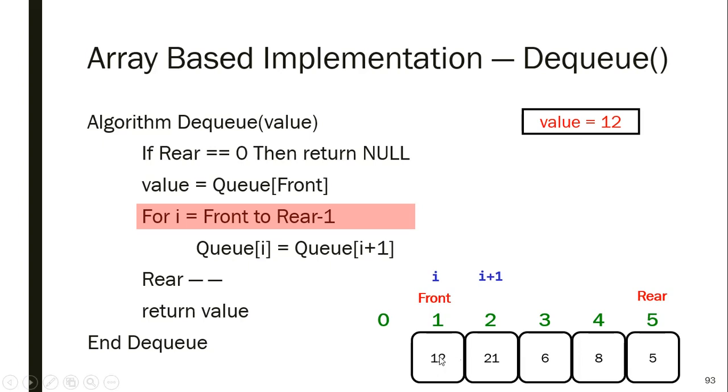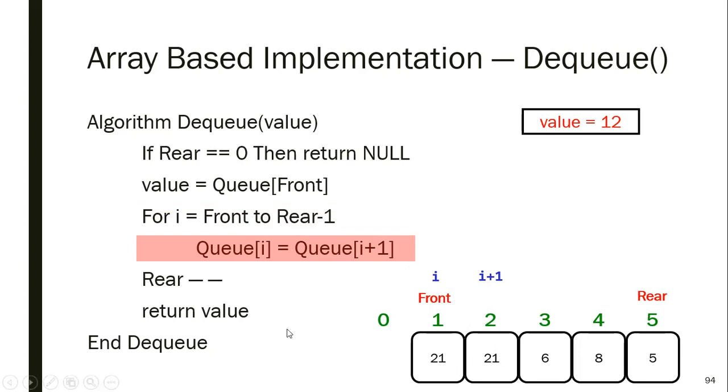So 21, 6, 8 and 5 are moved here, so that the value at index or position 1 becomes 21, position 2 becomes 6, the third value becomes 8, and the fourth value becomes 5. Then I decrement the rear counter, so its size will shrink, and then we can return the value that was overwritten, 12. So this is what we are going to do here. So q of I is equal to q of I plus 1. It means 21 will be copied here,